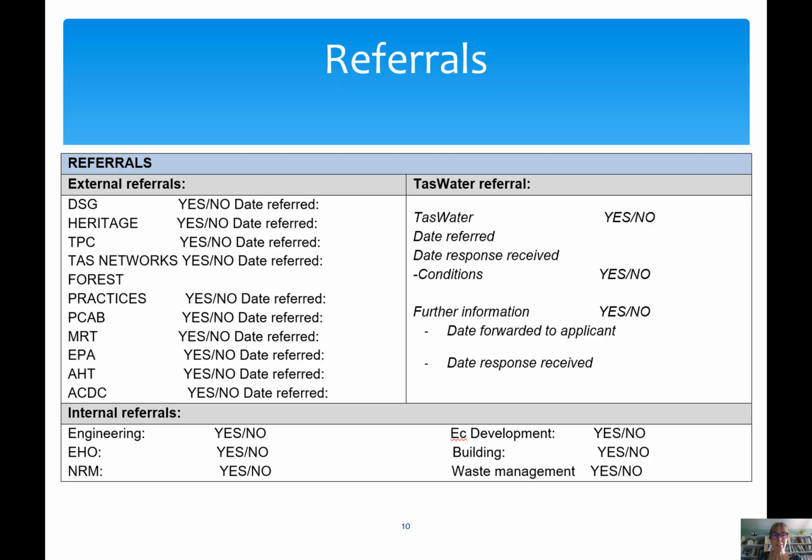The next part looks at referrals. So most of these are relatively straightforward. Some of them perhaps less so. Department of State Growth, Heritage, Tasmanian Planning Commission, Tas Networks, Forest Practices, etc. And Tas Water there as a separate, as well as the internal referrals.